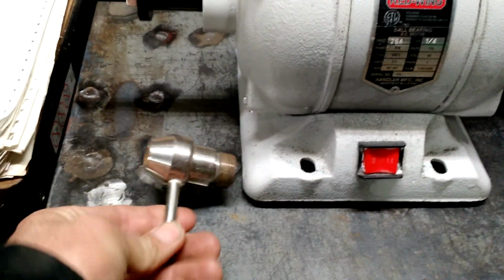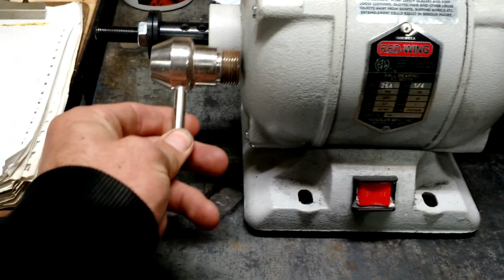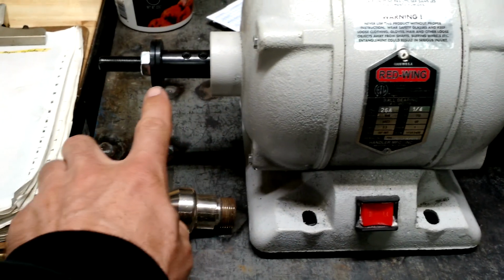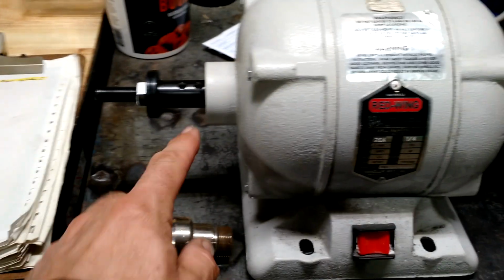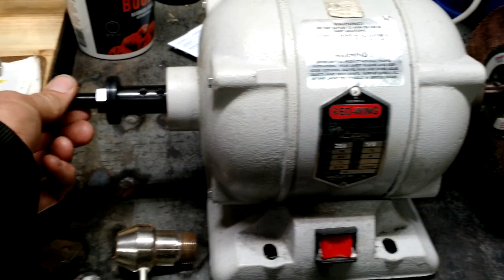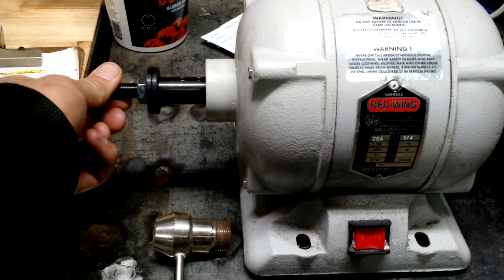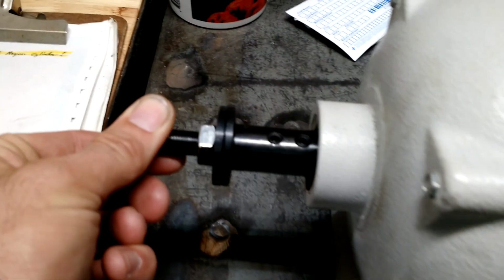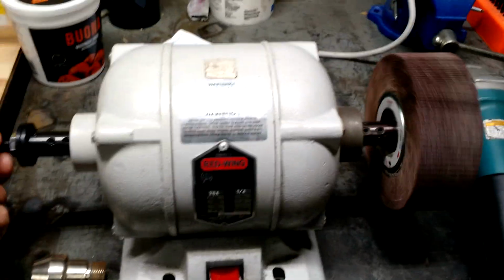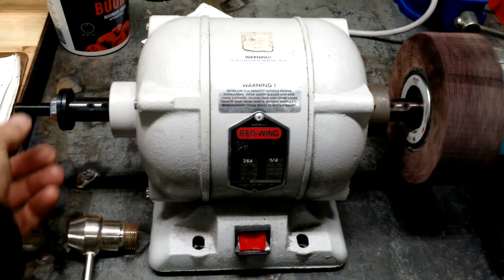It used to have these weird ends on it and a tapered motor shaft. Well, I was able to cut the motor shaft back to where it was 1/2 inch, with some arbor pieces that just set screw on there. So I was able to turn it into a bench grinder,